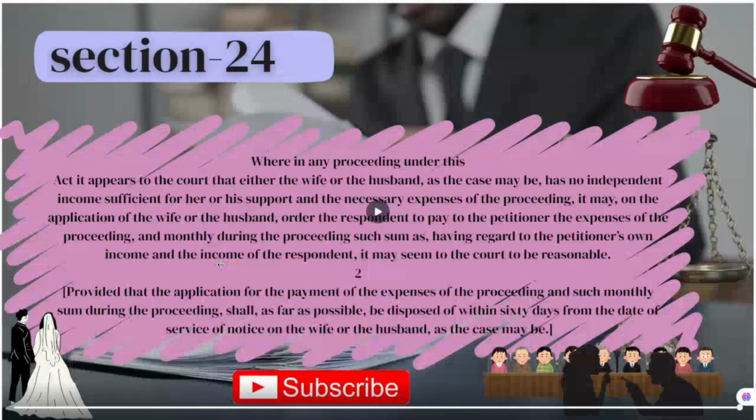The law says if a husband or a wife is involved in a court case under this Act and one of them does not have enough money to support themselves or to pay for the expenses of the case, then they can apply to the court for help. The court can then order the other partner to pay money for the expenses of the case and also to give a reasonable monthly amount during the case,